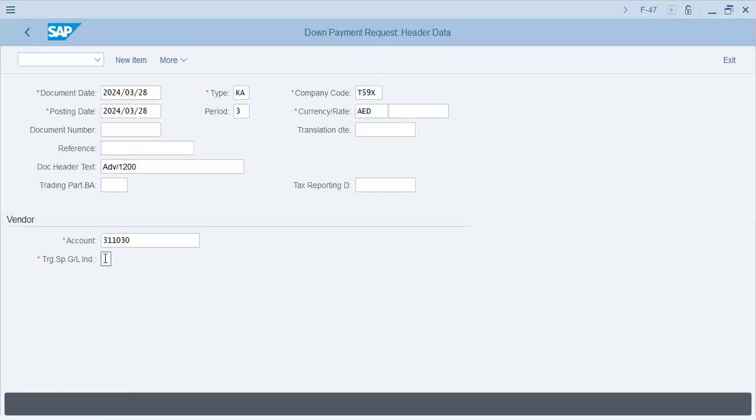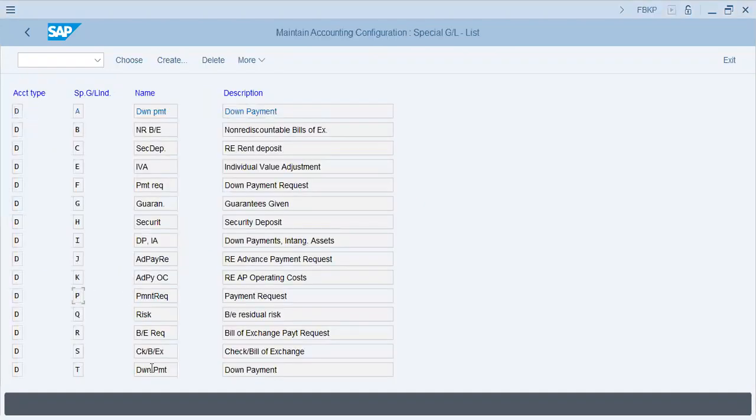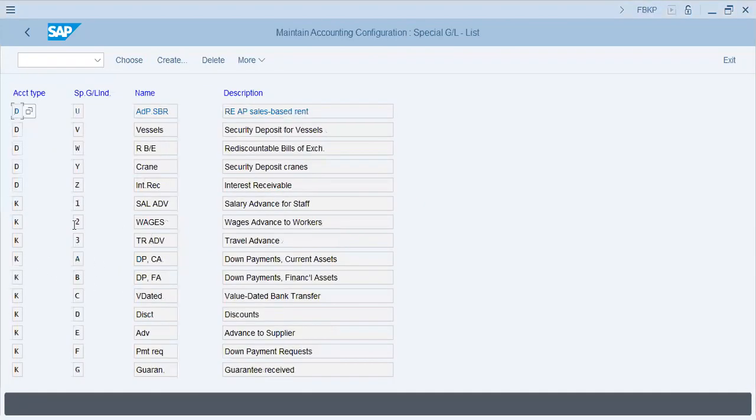Special GL over here, because this is request. Let's see what was the reconciliation and target. Special GL indicator. Special GL. Page down. And